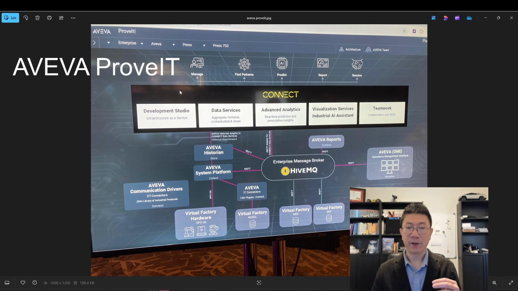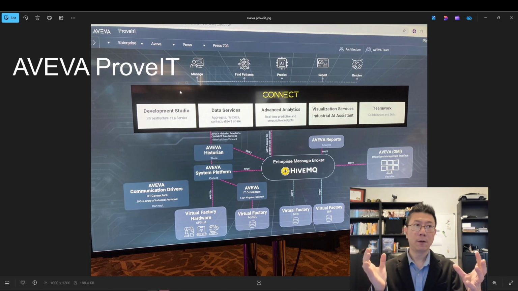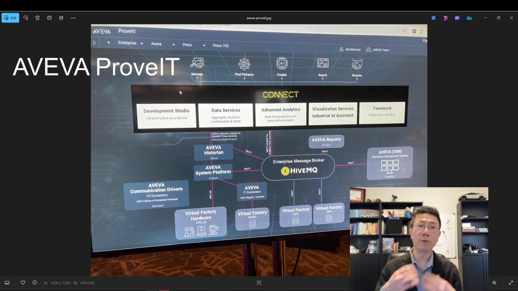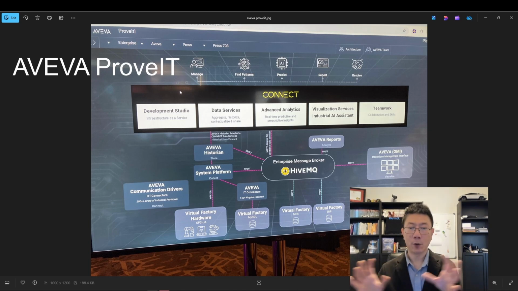This is from a vendor called HiveMQ, and they provide very good, scalable enterprise software for big manufacturers, so that millions of devices can connect to this MQTT broker, right? Very scalable solution. So all the data from the factories is sent to the unified namespace, which is what they call it here. They utilize HiveMQ.